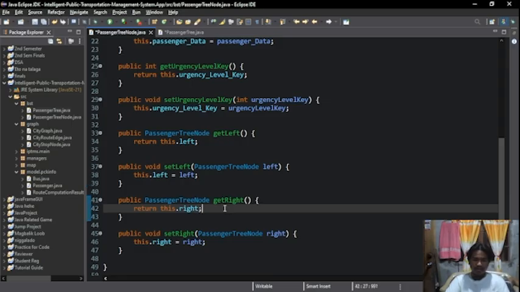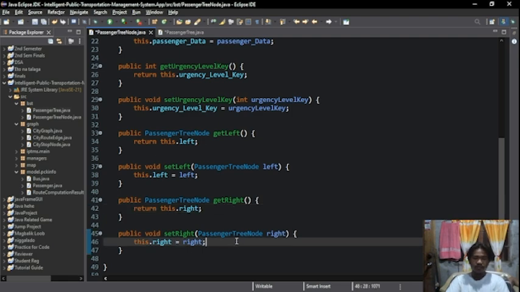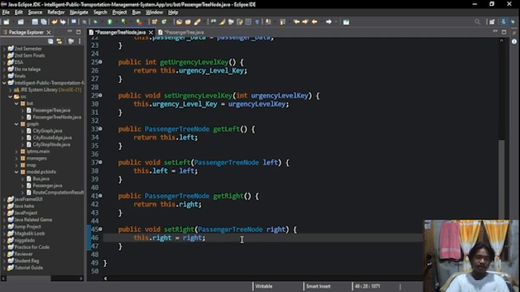The next method is the get right method. It returns the right child of the current node, used during binary search tree traversal, insertion, or deletion. The next method is the set right method. It assigns the right child of the node, and helps maintain the binary search tree structure whenever nodes are inserted or deleted.